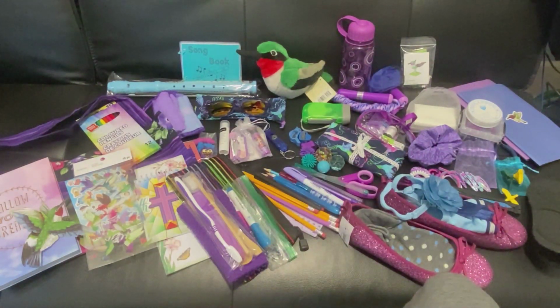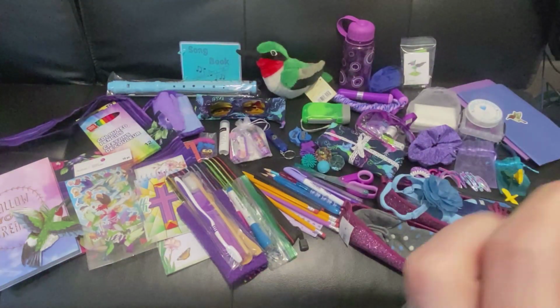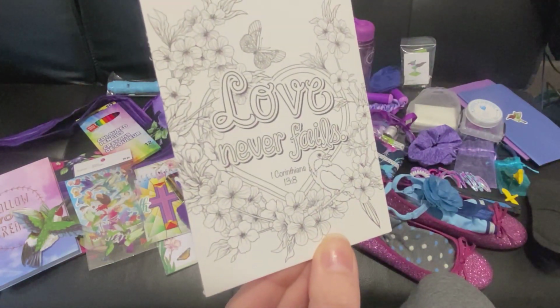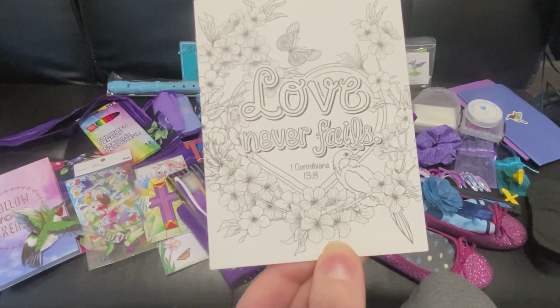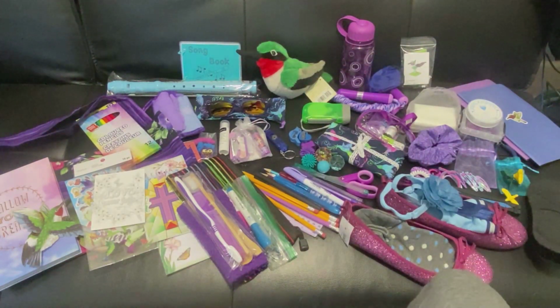And I also gave her this little coloring, it's like a card. It's like hard cardstock. Just little Bible verses that you can color. Love never fails, 1 Corinthians 13:8. It does have a bird on it. That might be why I picked it out. She has